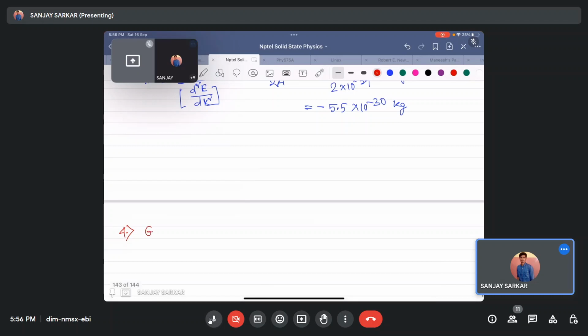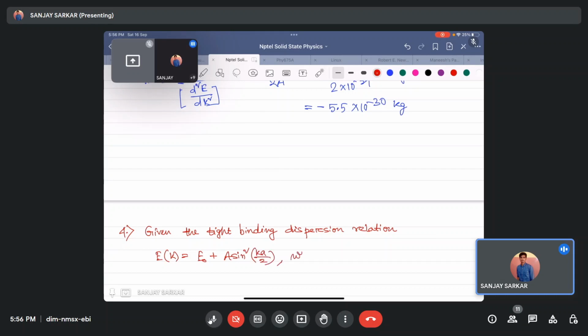Given the tight binding dispersion relation, Ek is E0 plus a sine square ka by 2,